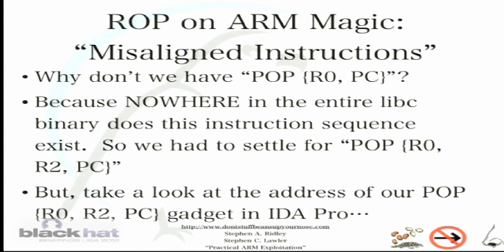So let's dive into this. There are a couple of different things we're going to talk about, and this is some of the interesting stuff that we found along the way. One of them is finding gadgets. We found that there are some really unique things about ARM specifically that make exploitation easier because of the gadgets you can find. We refer to the technique we use as "misaligned instructions,"